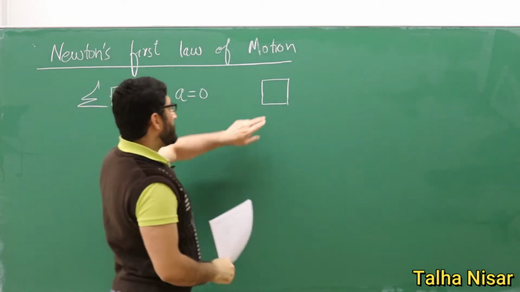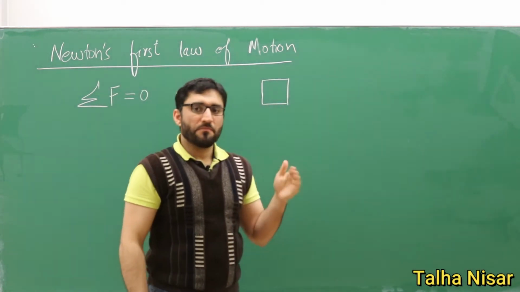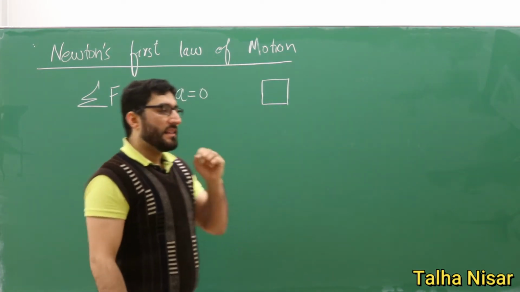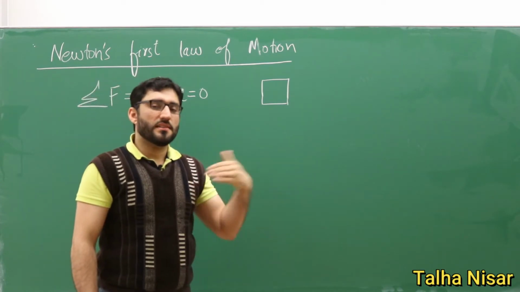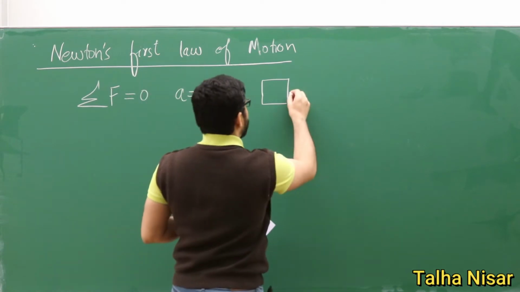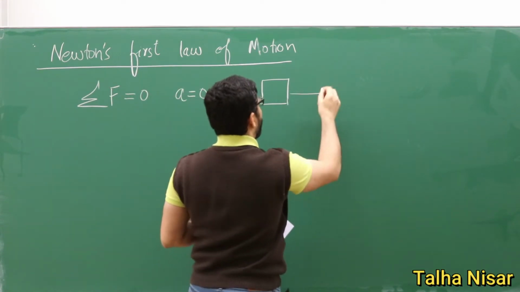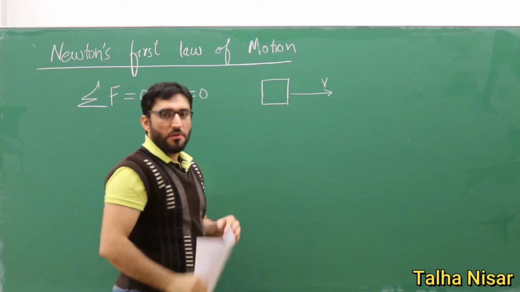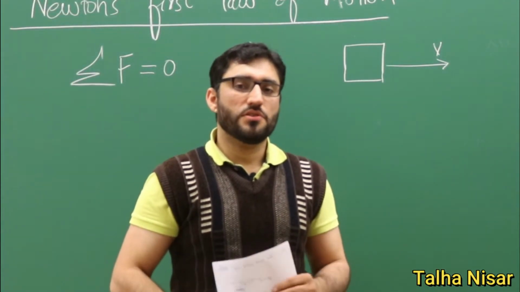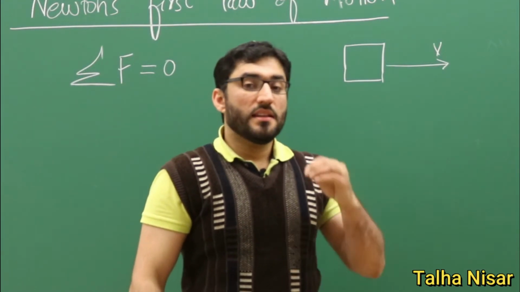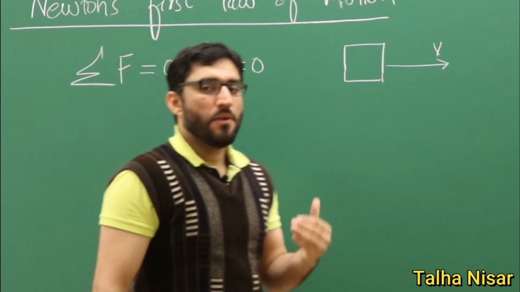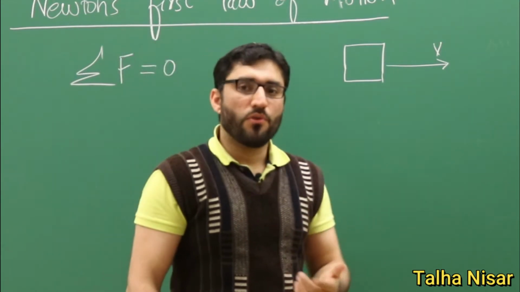If this object is at rest, it's not moving, it will remain at rest for hours and hours unless there is an external force applied on it. And if this object is moving with a uniform velocity, meaning there is no acceleration, with a constant speed, this constant speed will remain for hours and hours unless there is an external force that acts upon